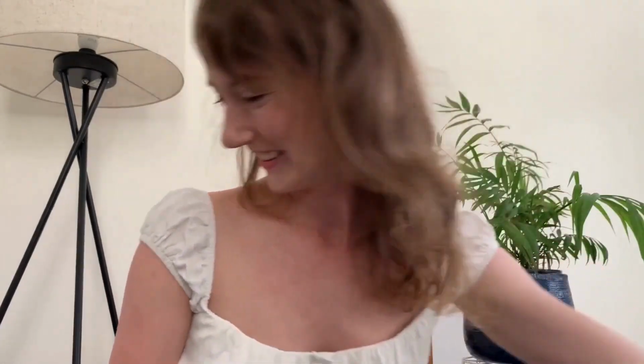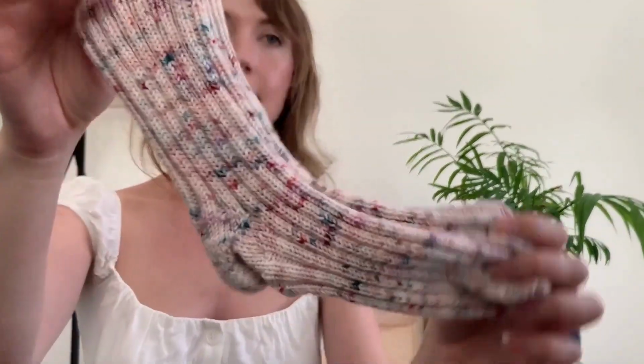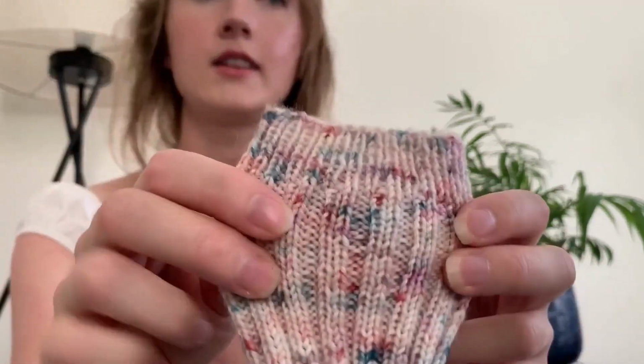And that one, once again, has gotten quite a bit of use, as you can tell from all the pilling on it. And then last year I also experimented a little bit with hand dyeing. So I dyed up a skein of sock yarn in kind of these festive colours and just in little speckles with acid dye. Not sure how I feel about it,